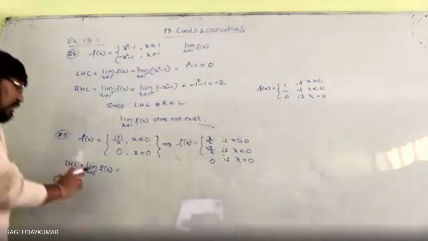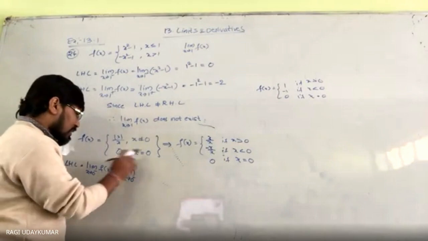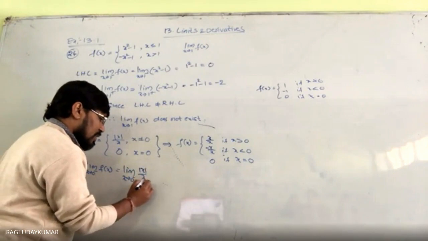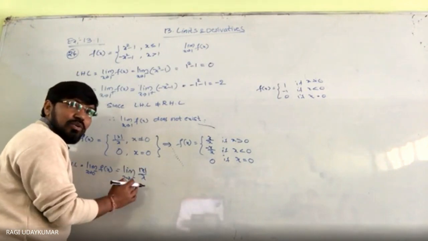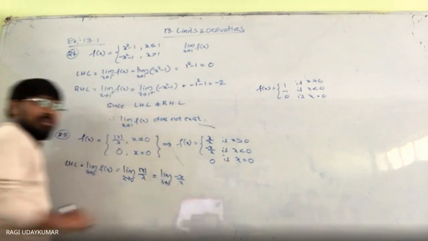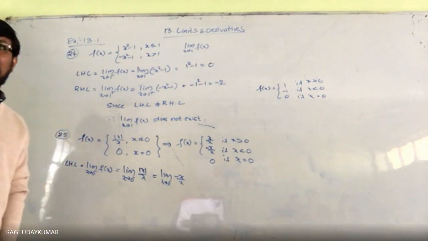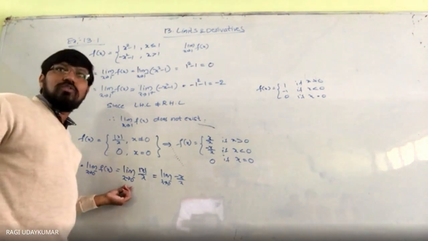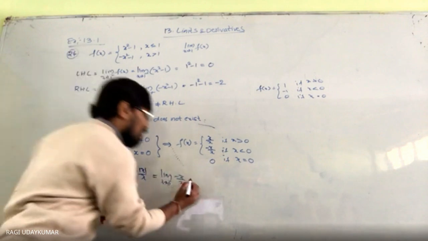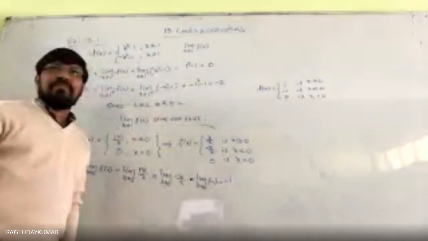Okay. So now limit x tends to 0 minus f of x. Actually, you need to take mod x by x only as per this question. But when the x value is less than 0, this becomes limit x tends to 0 minus of minus x by x, because as per the definition of modulus, mod x is equal to minus x if x is less than 0. x is what here? Less than 0 only. It is near 0 but on the left side of 0. So this is nothing but limit x tends to 0 minus of minus 1, which is equal to minus 1.